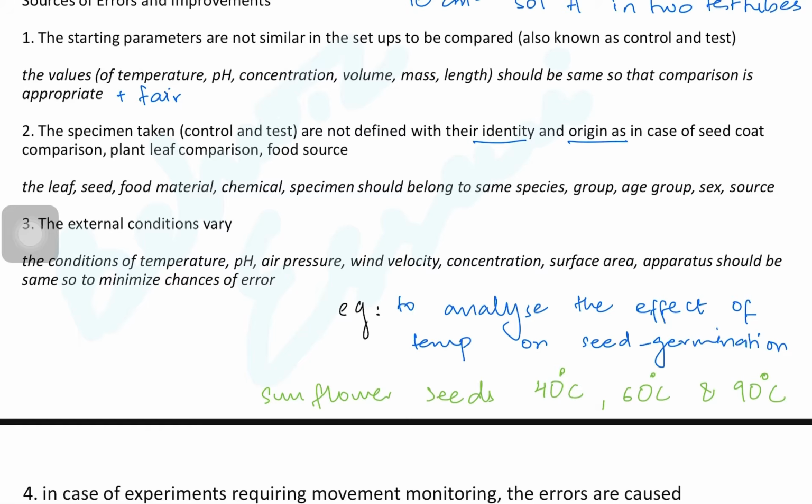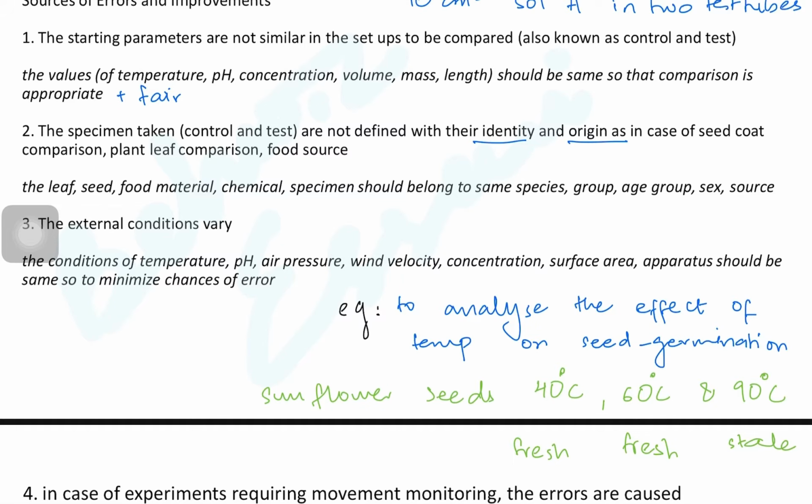What if your sunflower seeds are not exactly the same even in the beginning? What if at 40 degrees your sunflower seeds were fresh, at 60 degrees they were fresh, but at 90 degrees the sunflower seeds you used were stale? Or what if they were damaged? Or what if they were not even sunflower seeds at all? What if they were seeds from some other species? That means that in your experiment there's going to be an error because you claimed that you're using sunflower seeds,